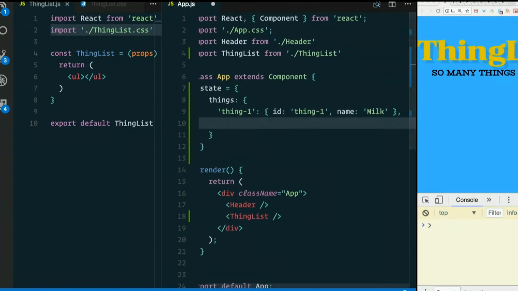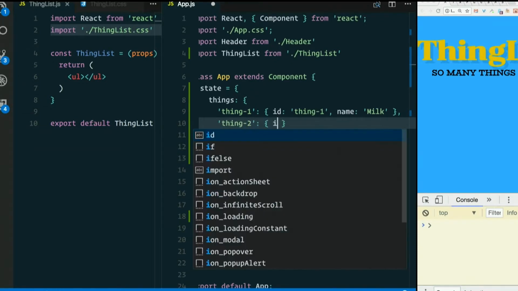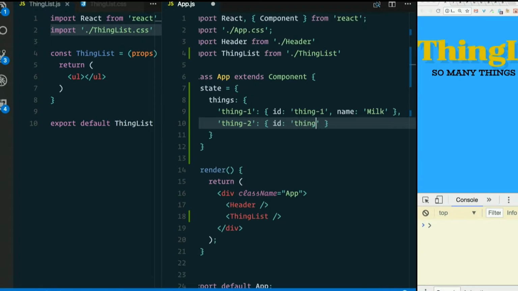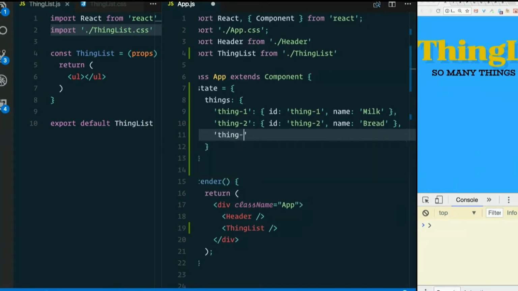Let's make another one with an index of thing2, a value of an object with an ID of thing2, and a name of bread. Put one more, thing3, ID thing3, name,